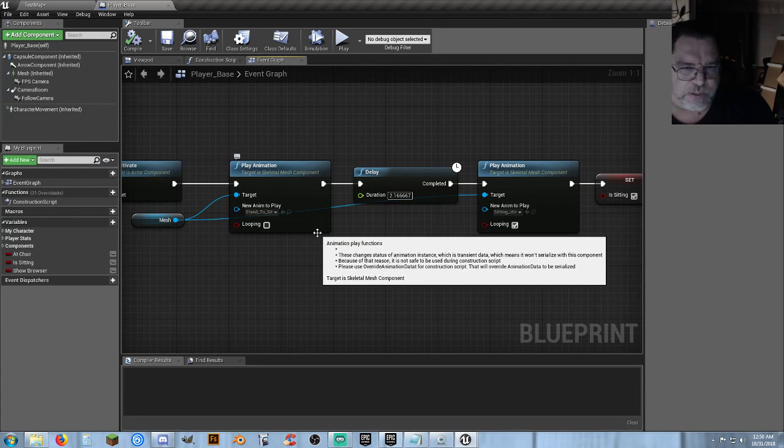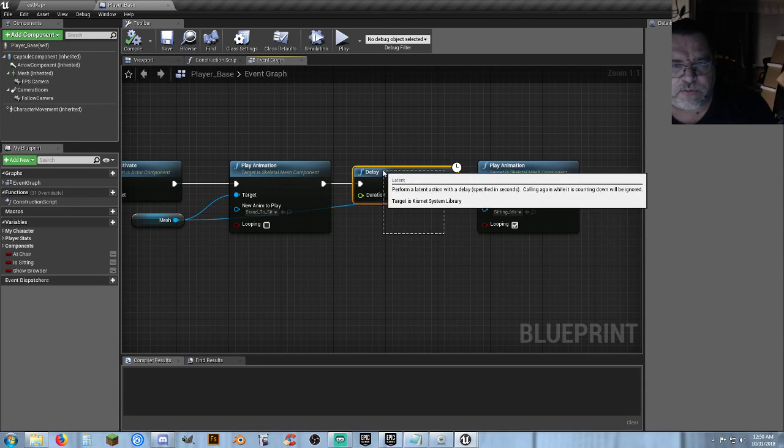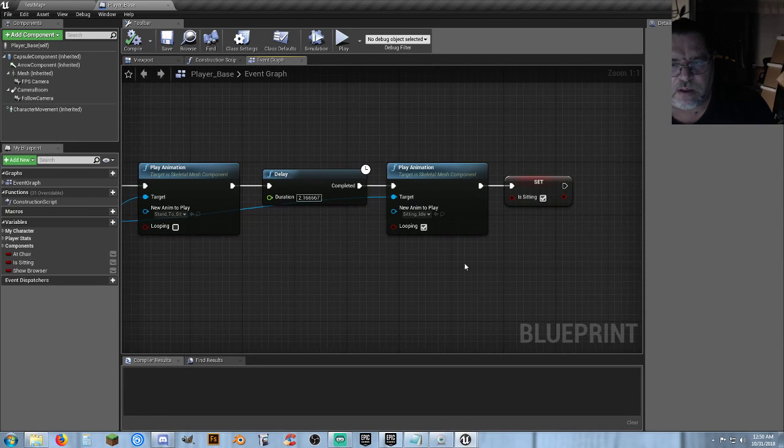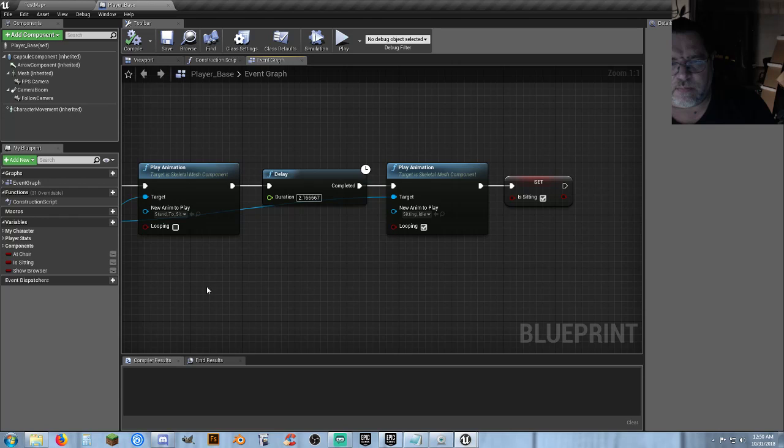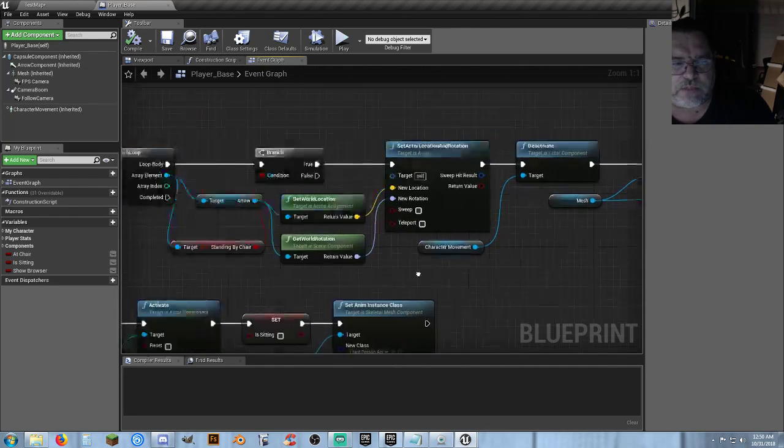It plays the animation from stand to sit. This is the duration of that animation. Then it plays the sitting idle animation, and it sets a variable saying is sitting. Okay. Now if I want to stand back up,